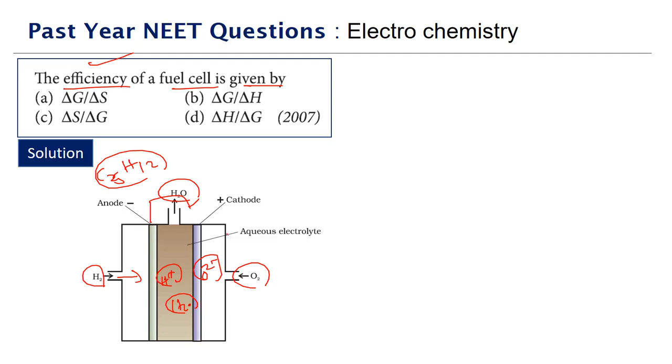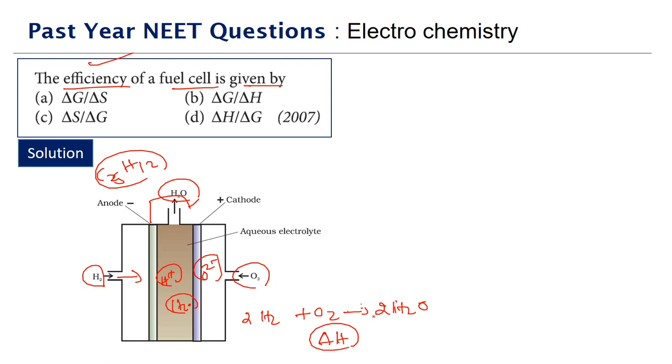Now every fuel cell will have a reaction. For here also we can look at a reaction. What will be the reaction? If you have 2 moles of H2 combining with 1 mole of O2, this is going to give us 2 moles of H2O. For this reaction we can have an enthalpy change. Enthalpy change represents the total energy difference between the products and the reactants. This is the maximum energy difference that we can see.